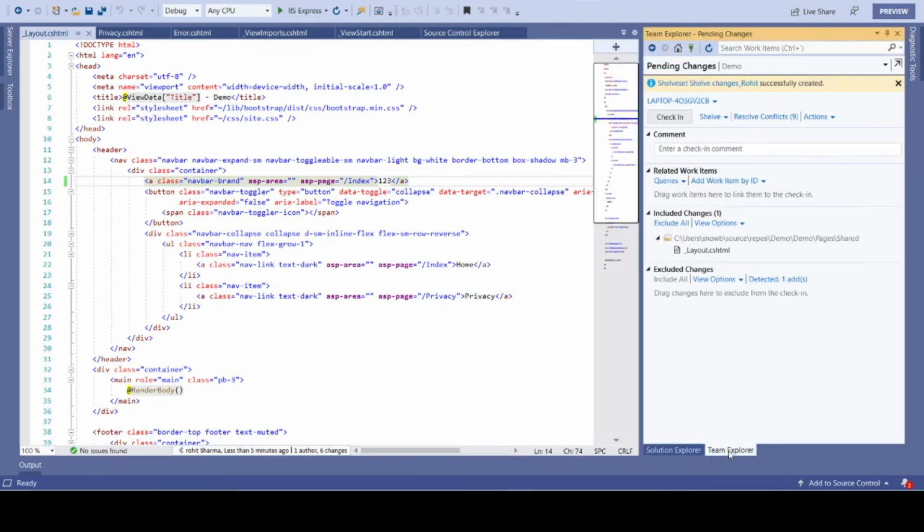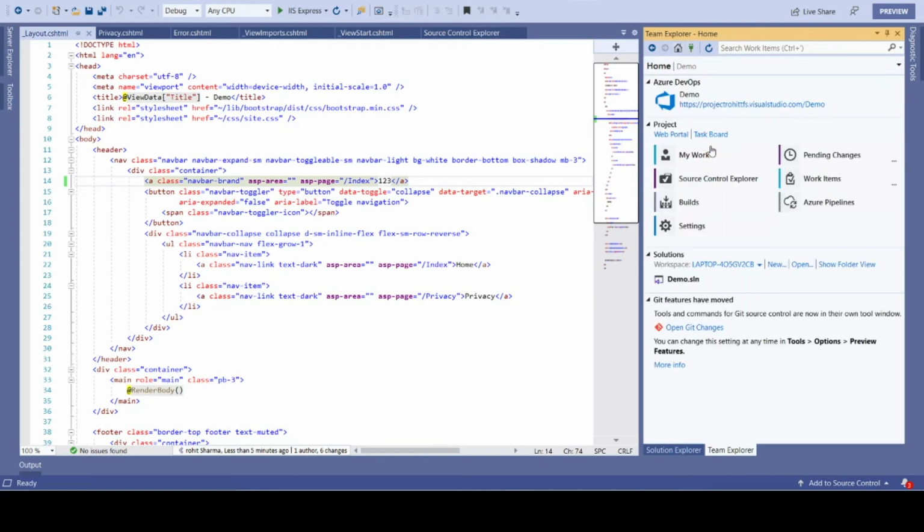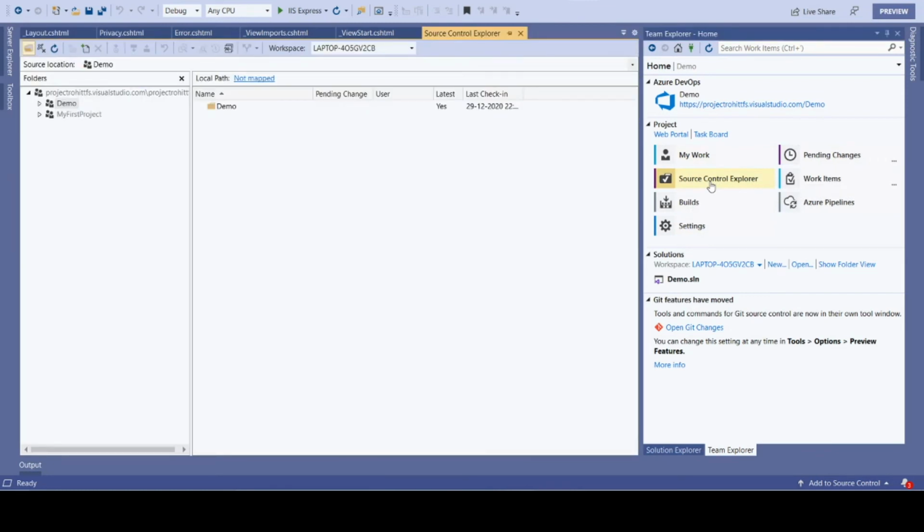Now let me go to Team Explorer and see what the different options are. Under Team Explorer, we have My Work, Pending Changes, and another is Source Control Explorer. Let me click on Source Control Explorer. It will load all the projects on which I have access.